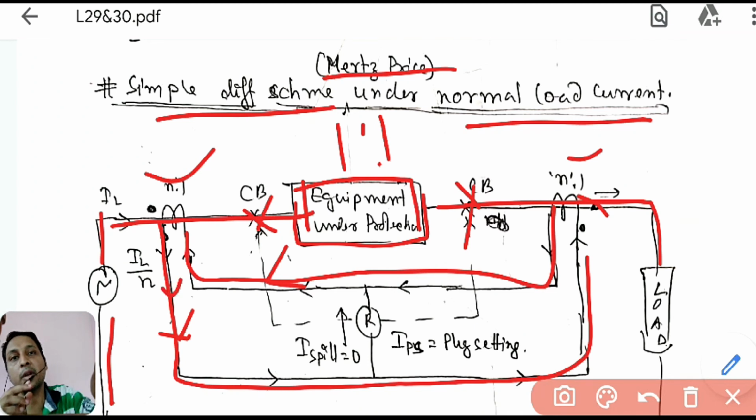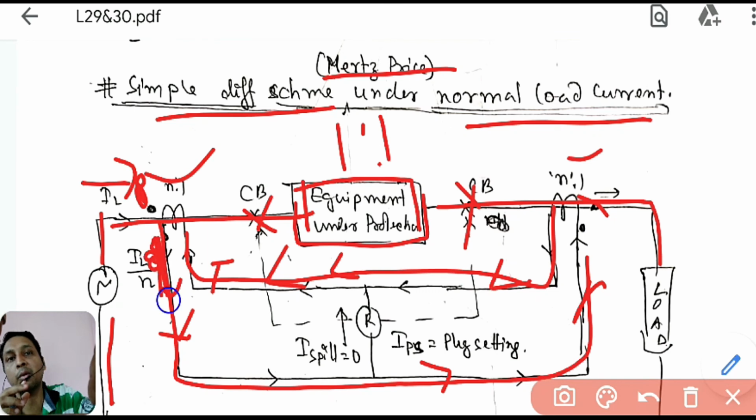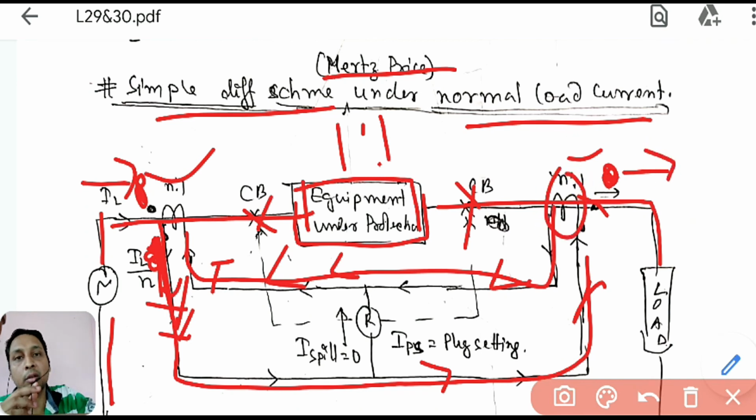You can see the continuity. Current is going through this, through this, through this, and then coming out of this. So this way these marks are given. If you put a dot here, through the dot it is entering. So in the secondary the dot will be here, because you want current to come out of the dot in this direction. Here I have given the dot in this way. So here in the primary it is leaving the dot, because the coil is here. So in the secondary it should enter through the dot.